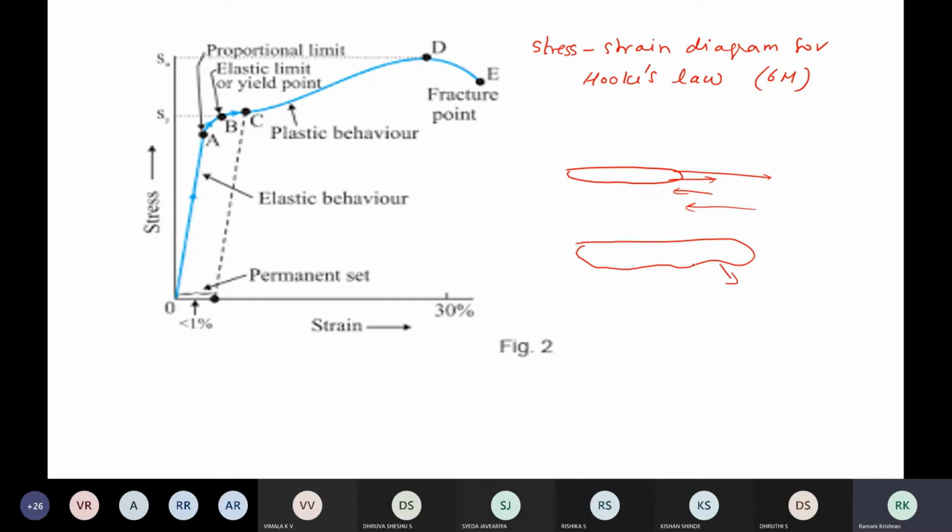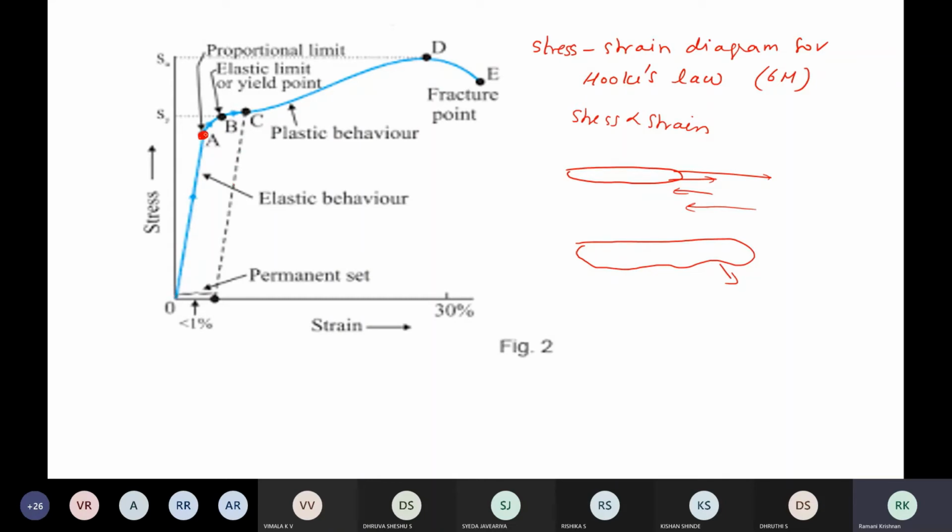Okay, same thing. So what happens as I increase the stress on the body? I increase the force, I leave it. So at this point, can you see this point A? Up to this point, the body shape will remain the same. That means stress is proportional to strain. That means if I remove the force, the body will come back to the same position. The size of the body, the shape of the body, will remain the same.